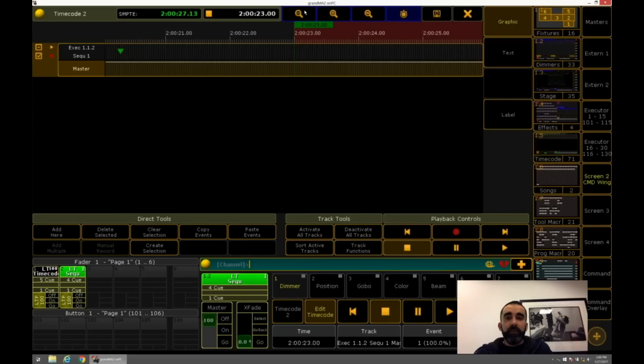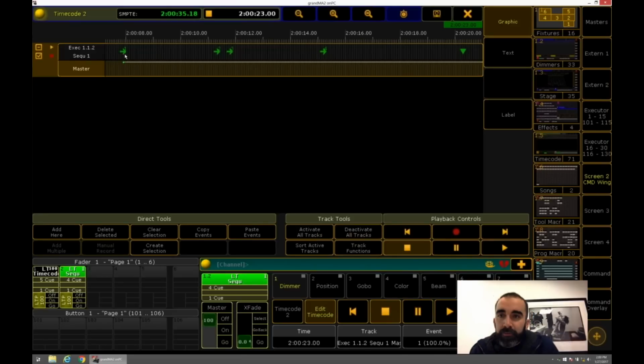If you go to the graphical view, there's a zoom to fit button, which will show you from the first event to the last event. You can see where I have the first trigger hit. It recorded the position of my fader, which is nice. I'll show you that one next. And you see all the events here.